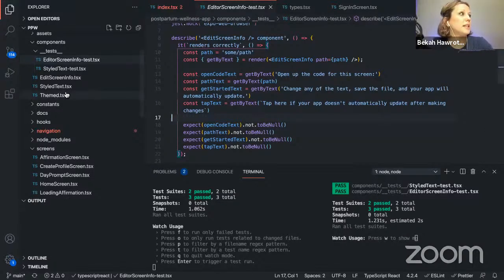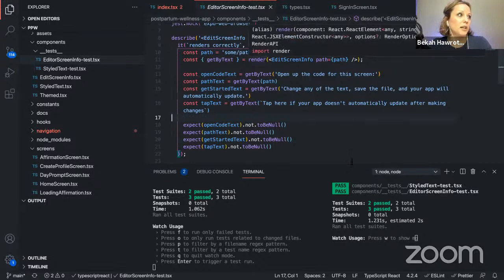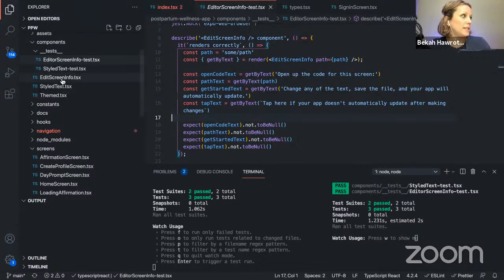Absolutely. So you can see here, we have this edit screen happening, and we're just really looking to see if this renders. First of all, I do want to say that I am new to writing tests in React Native. So this is all a little bit different for me too. So this is definitely a learning experience for both of us. But one of the things that I think is most important is that a test is readable, so you understand what's going on. And so you can see here, we're applying this to the edit screen info, which we've got right down here. We can walk through that or maybe split screen it.